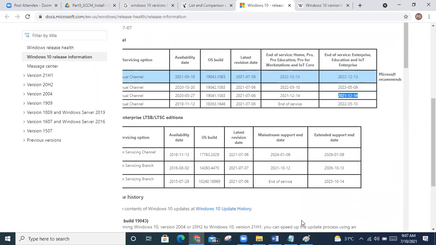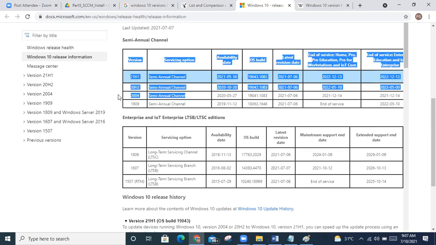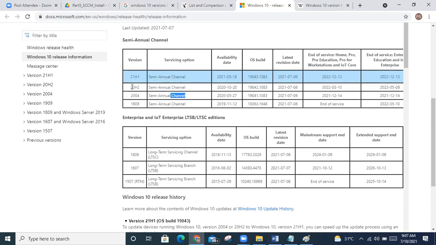So whatever ends with this version gets 18 months support. Whatever ends with H2 gets 30 months support. Is it clear what I'm saying to you? You can calculate from 2020 10 to 23 1. So you will get almost 30 months. It is 2.5 years.